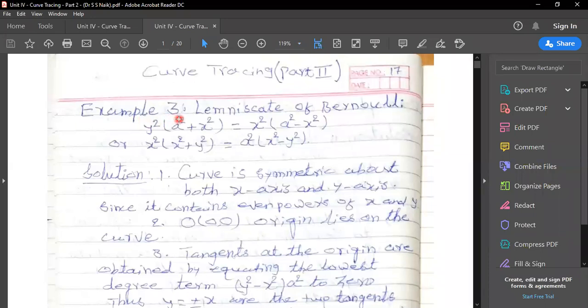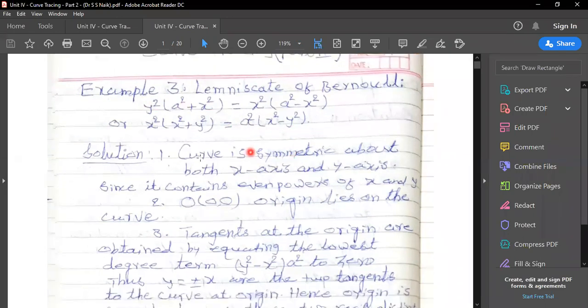We'll take the third example, which is the lemniscate of Bernoulli. y square into bracket a square plus x square is equal to x square into bracket a square minus x square, or x square into bracket x square plus y square is equal to a square into bracket x square minus y square. Solution: the curve is symmetric about both axes, the x-axis as well as the y-axis,